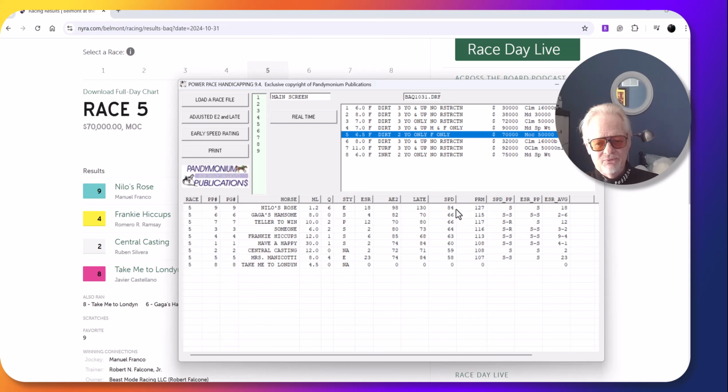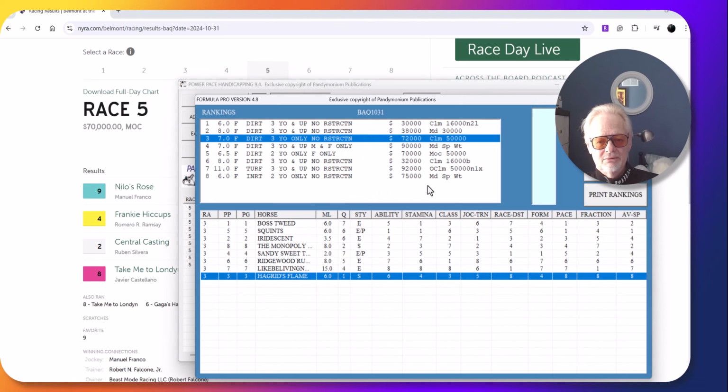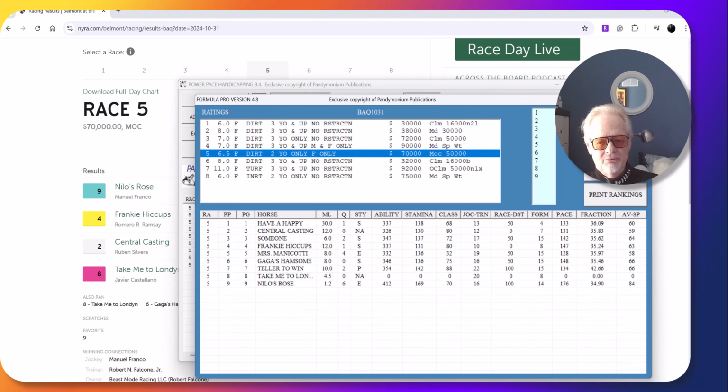This horse has an 84 average speed figure. As you can see, it's 18 points higher than the next horse. Look at the late pace figure, 130. Look at the other ones. And then the adjusted second call is 98. Again, the next highest is 85. So you can see that it looks like a layover, and if you look at it on Formula Pro, you'll